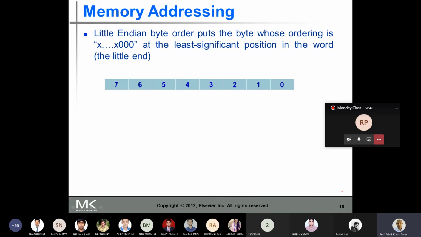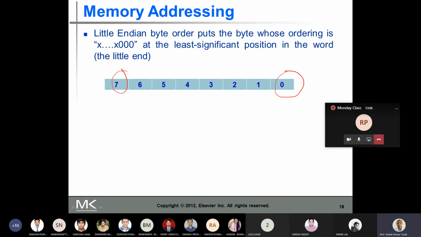My object is 8 bytes, and we'll see how the bytes are arranged. This is my least significant byte. This is the most significant byte.